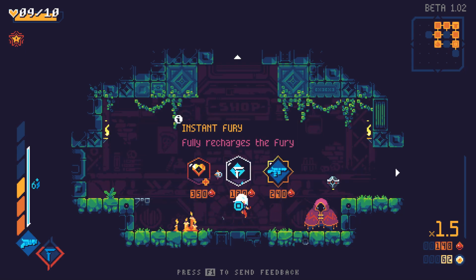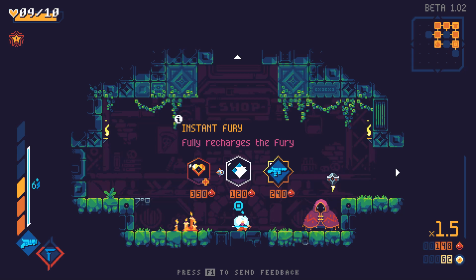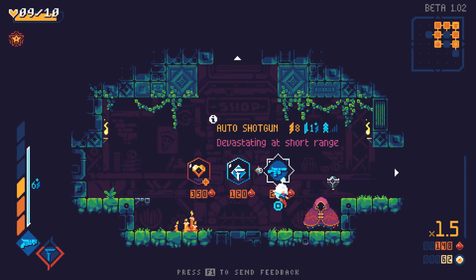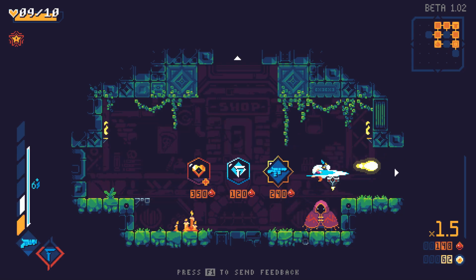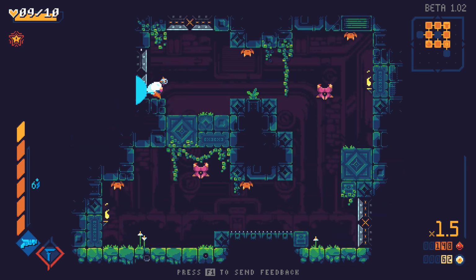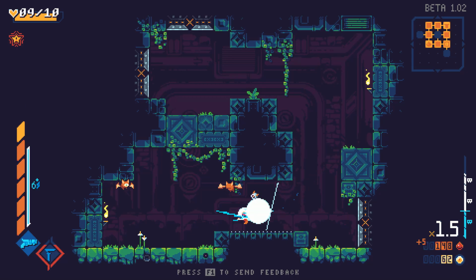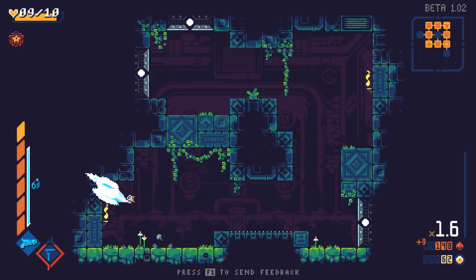Anyway, here's the shop. So you generally will have some kind of healing item, like this gives you more HP. This increases your, or fully maxes your Fury, which is basically like a full screen smart bomb type attack that does damage. And then you'll always have a slot here for a weapon. Generally the shotguns tend to be the best, and you can also shoot while attacking, so on bosses and mini bosses, the larger elite enemies, it's actually really valuable. A lot of extra damage, especially while